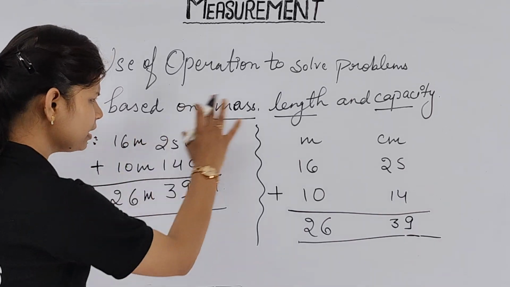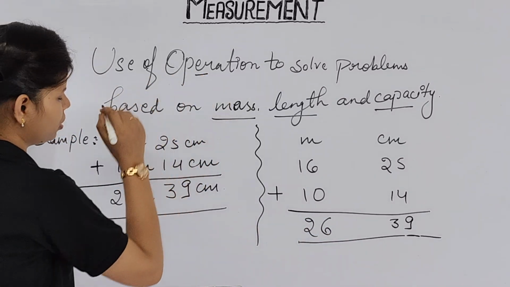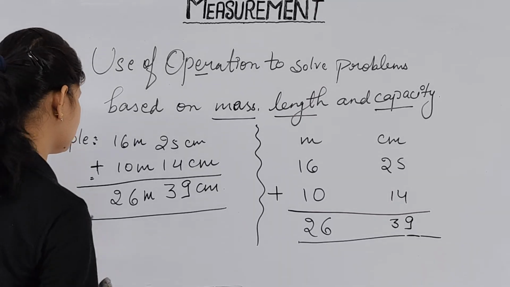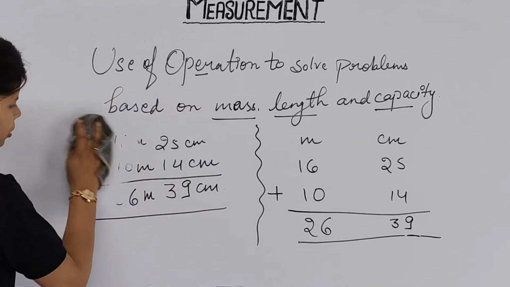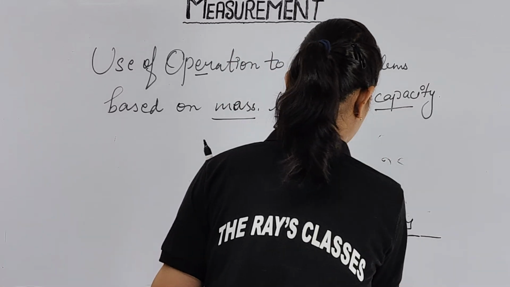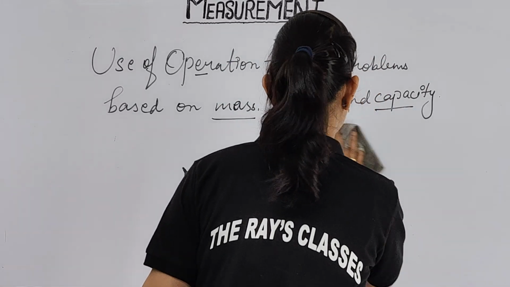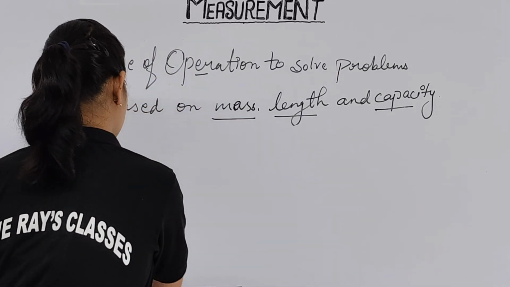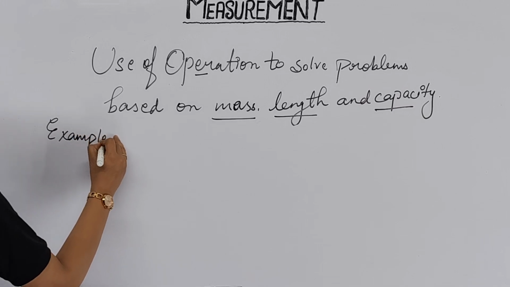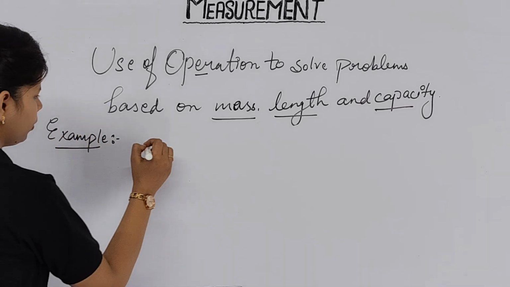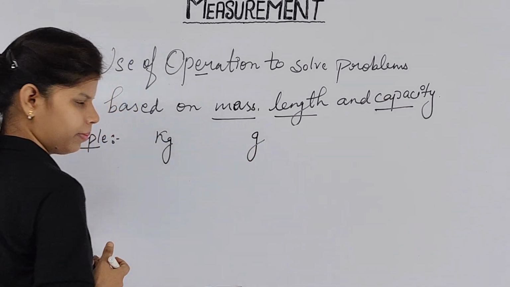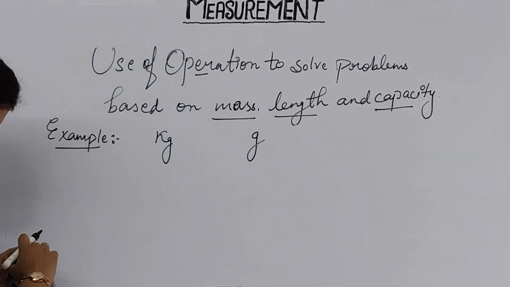Clear? This is one example which we are using. Out of 4 operations we have used 1 operation, addition. Clear, no? Now I am going to take a few examples for the next one, subtraction. As per your class, basically these 2 operations are asked, addition and subtraction. For example 2, if the question is written in kg and gram format,